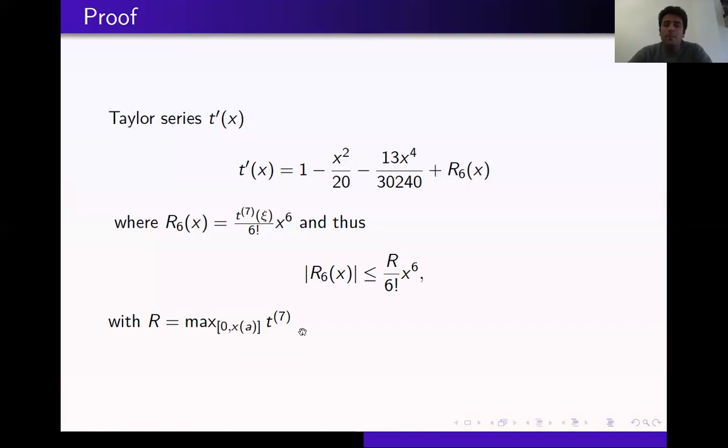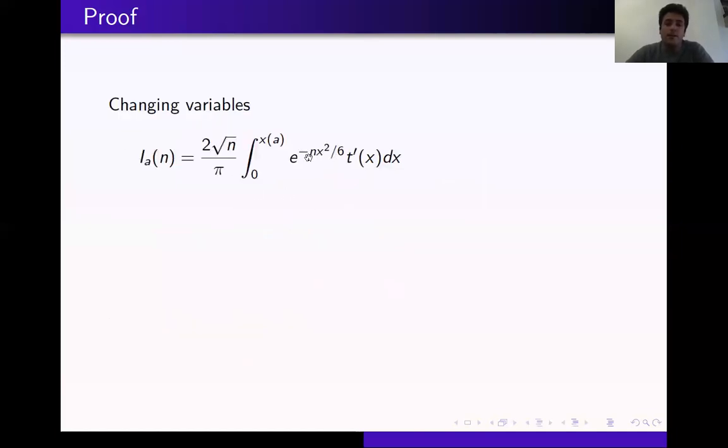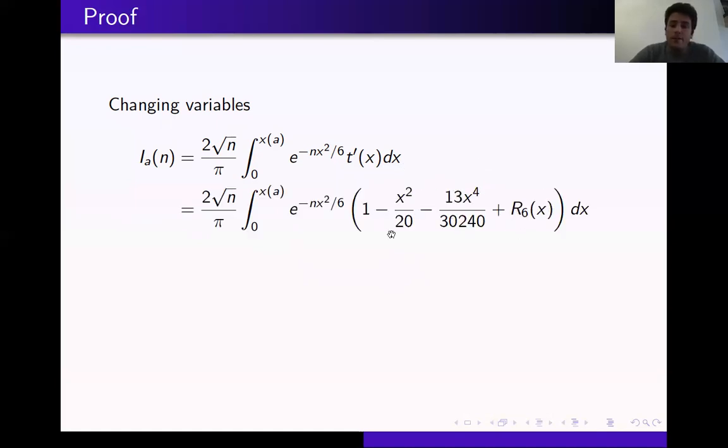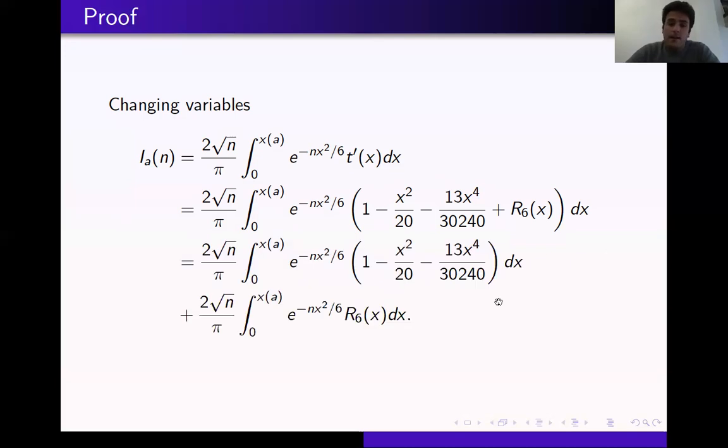Now we apply the change of variables in our integral, and we first of all obtain the integral from 0 to x of a of the change of variables, which is e to the minus n x squared over 6 times the derivative of the change, t prime of x, dx. Writing this down, we arrive at the first three terms plus the remainder. Of course, the first three terms will be the ones gathering the main part of the integral. And therefore, we split it in these two parts